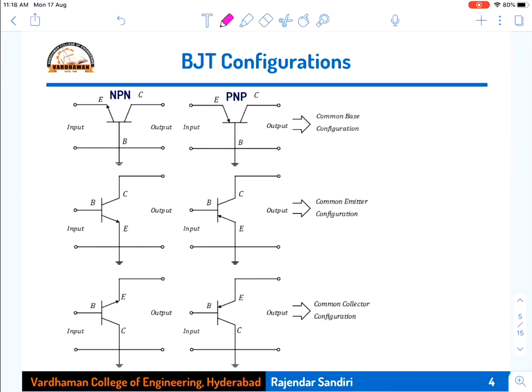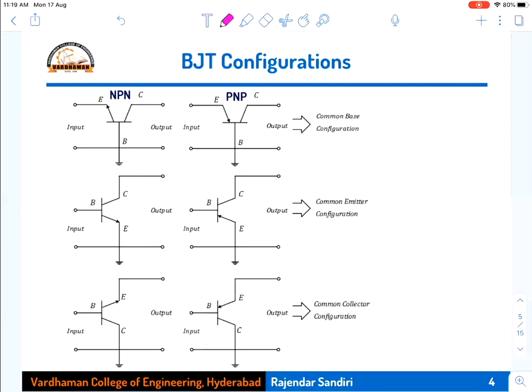Now you understood what are all the currents that are present in the transistors. For any type of transistor, whether it is an NPN transistor or a PNP transistor, you should remember that IE is equal to IB plus IC. Always, emitter current is equal to base current plus collector current, and base current is very small, of the order of microamperes. Sometimes I can even approximate that IB is very small and can be ignored, and I can write IE and IC are the same, because 100 and 95 are close to each other.